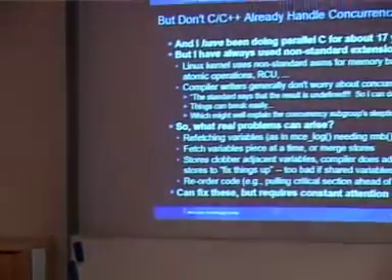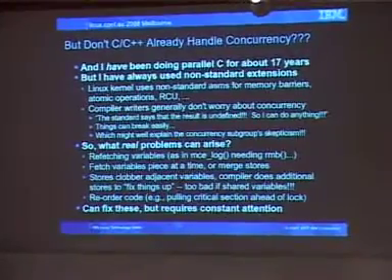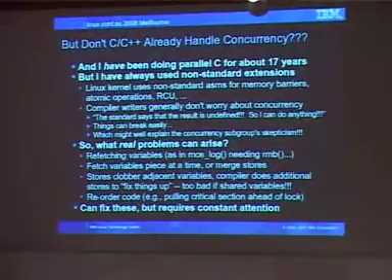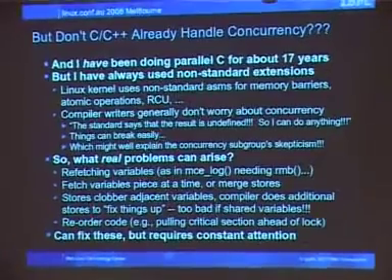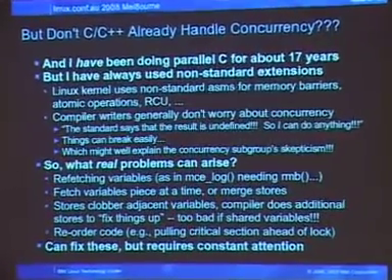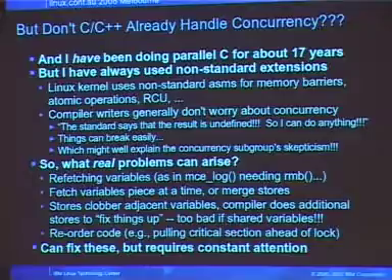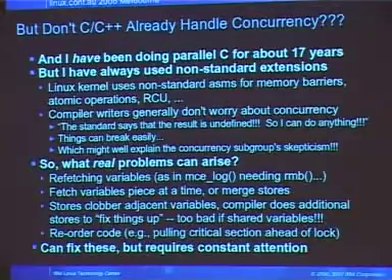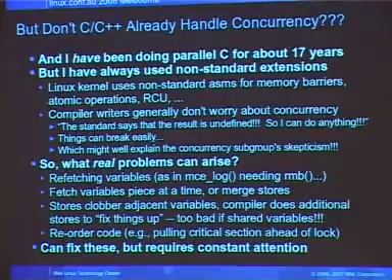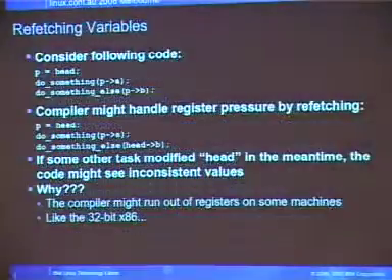If it wants to do a store, if it has some really snazzy vector operation, it can just go blam and knock out a bunch of memory and then just fix up a few pieces. It's within its rights to do that. There's nothing stopping it from doing it. It's also pretty liberal in what code reordering it can do. Now you can fix these with non-standard extensions and also by beating up the compiler guys until they eventually give up. But that latter especially requires constant attention, right? You beat one up, and then some other guy comes up you haven't beat up, and he forgets, and it's intermittent. It just keeps going forever.